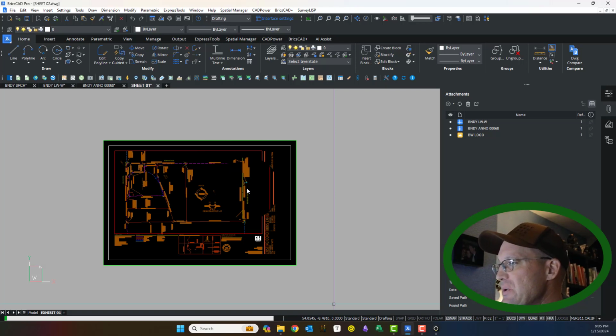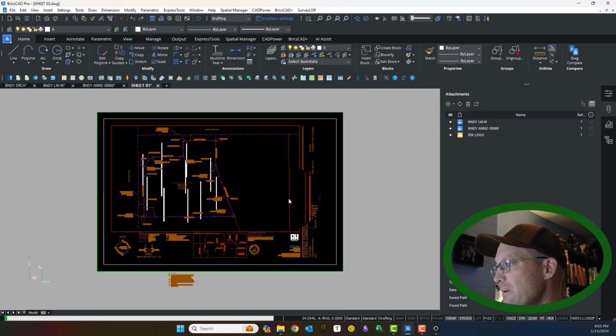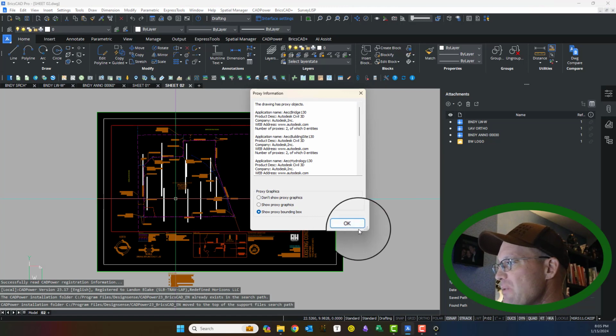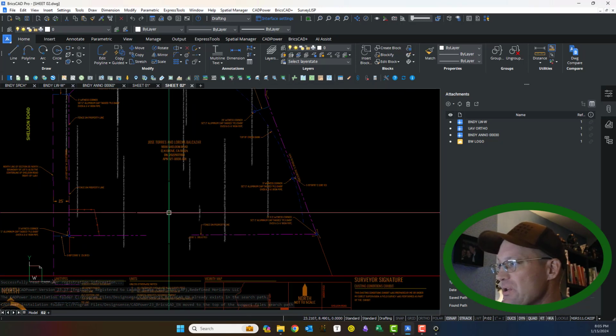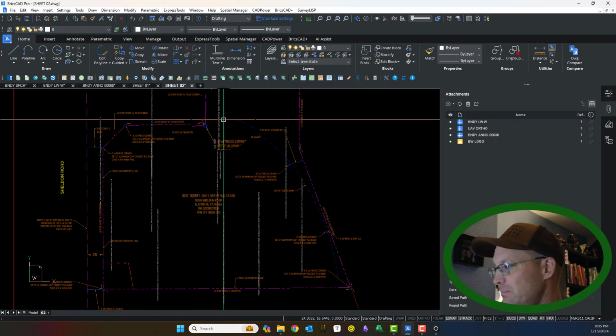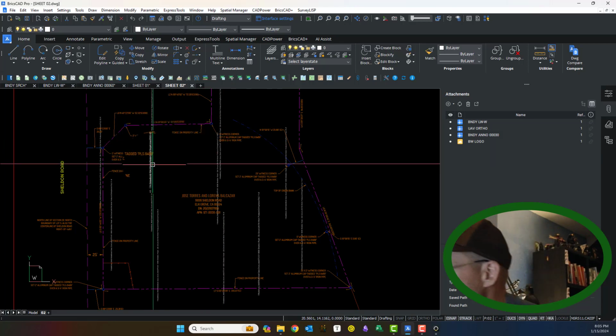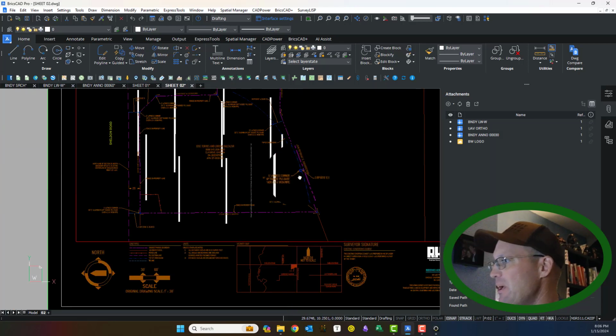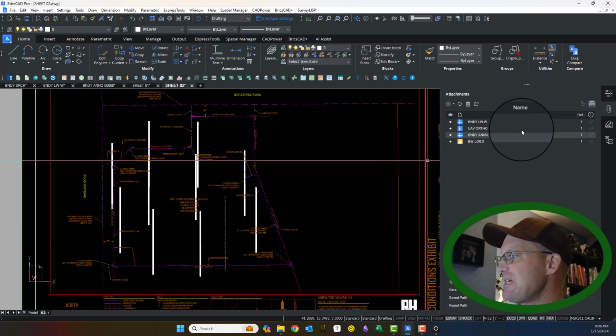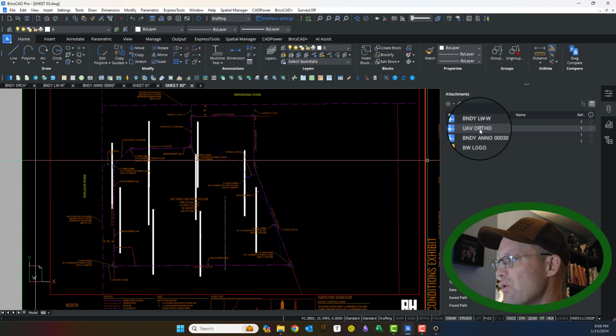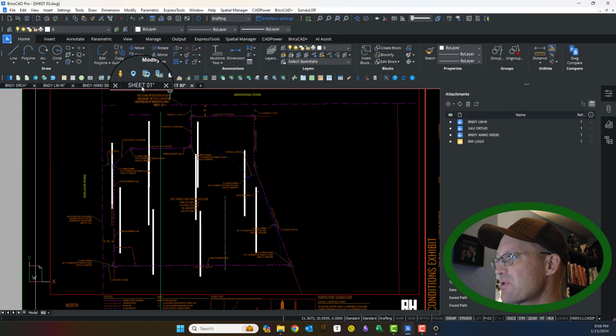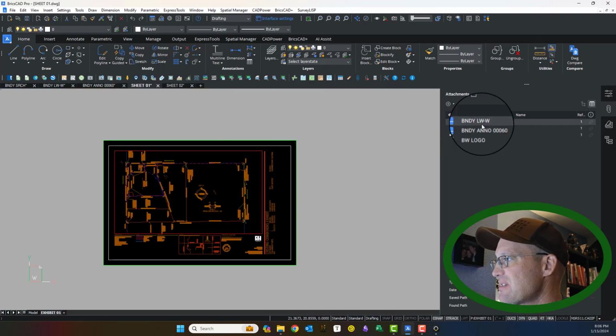So here's sheet 2. Okay, and it looks like we had the UAV ortho turned on in this sheet, and on my home computer that path is broken, but you can see same system here. We have the UAV ortho in here, but you'll notice in this drawing we have the same line work, but